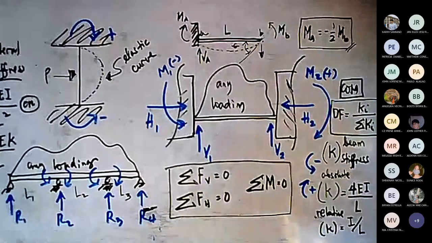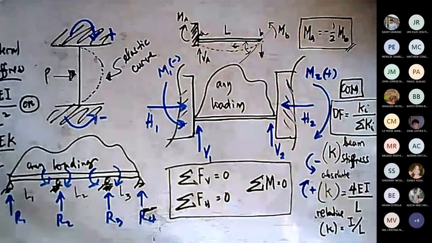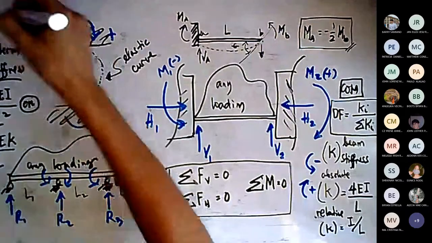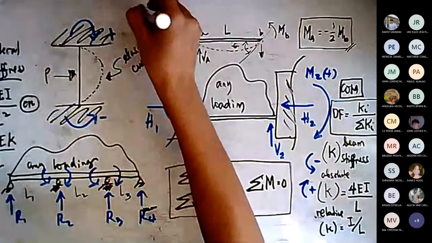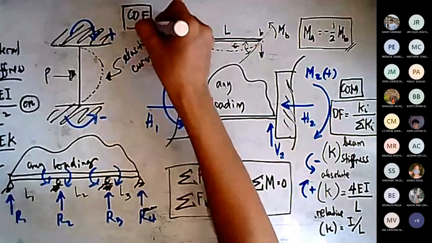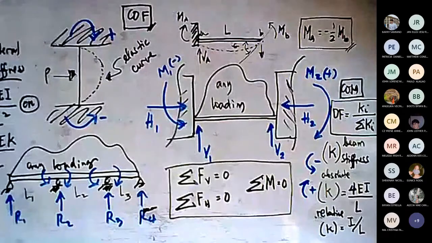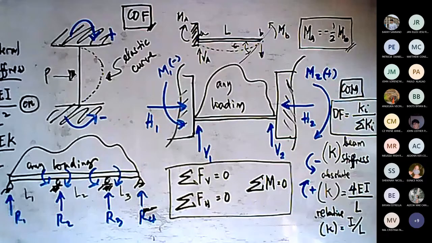and the last one is the carryover factor. Okay, for the carryover factor, we have the COF. This is the last, okay? So this is the last property that you need to identify. The carryover factor, if both ends of a member are unyielding supports, then the carryover factor is the ratio of the moment at the fixed end to the moment producing rotation at the other end. Again,